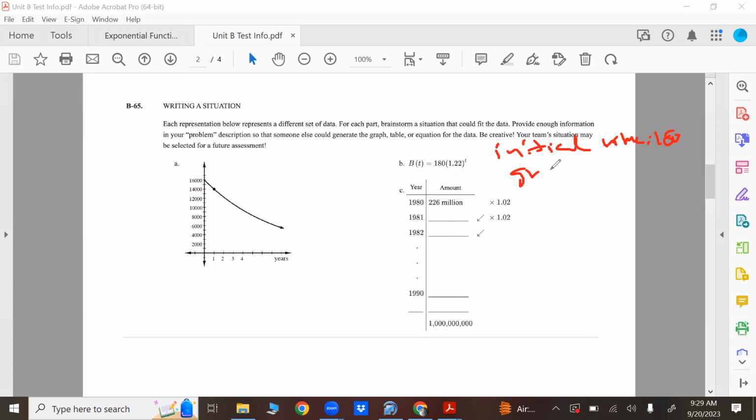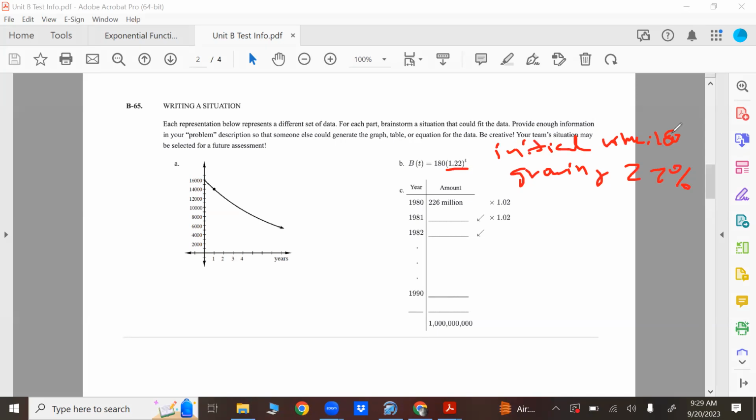And it's growing. What would be the percentage growth for B? What percent growth do we see here? If it's 1.22, it's 22%, perfect, thank you. And if you were to come up with a situation, you could say, hey, there's 180 people in my class, and the rate that people are getting sick per day is 22%, which sometimes happens in the flu season, right? Seems like a lot of people get sick very quickly at the school, or at any